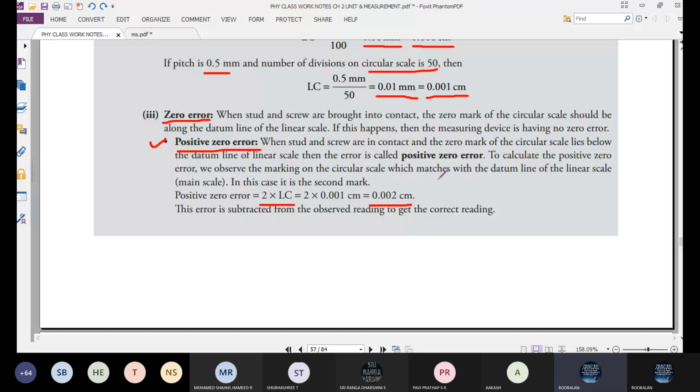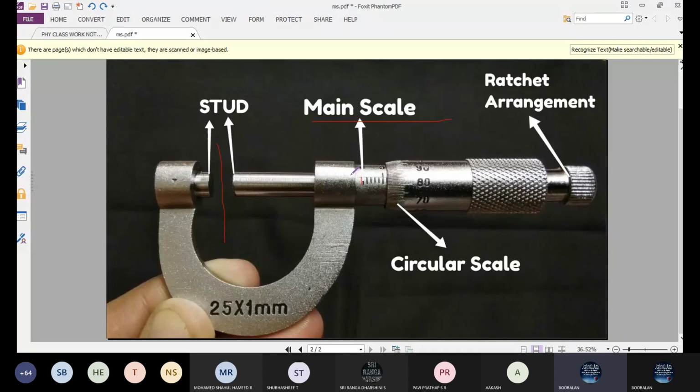So definitely they will ask this question. When you go for the practical viva, they will give this instrument in your hand. They will ask how to find the least count, what is least count, what is circular scale division, what is main scale reading. And they will give your pen also: find the thickness of the pen, what is the size of the pen, like that, using this instrument.